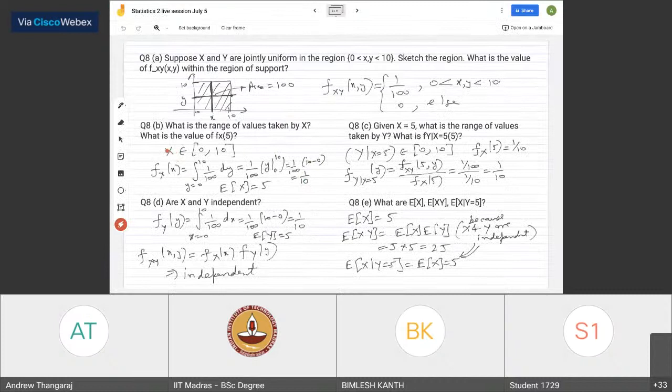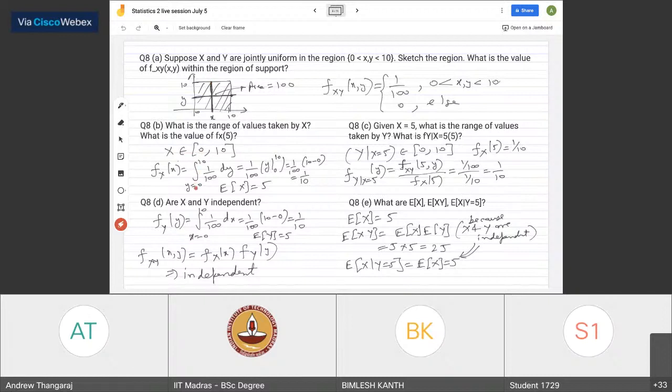So you can see here that x takes values between 0 and 10. X alone takes values 0 to 10, y alone takes values 0 to 10. And the PDF of x. So the way to visualize this is go to one particular value of x and then look at all possible values of y. They're all above it.